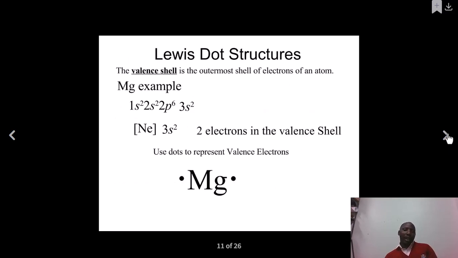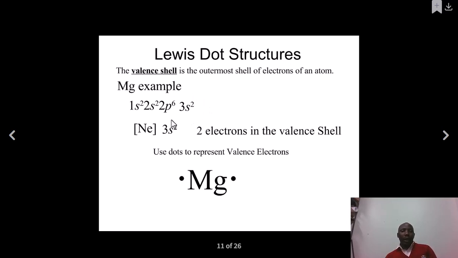About Lewis structure and dot and cross, this means you have valence shell electrons. Like in this case, we have 2, we have 6, we have 2. This means the first shell is made by 2 electrons, which is represented by 1s2. The second is made by 8 electrons, that is 2 plus those 6, whereas the third one is made by 2 electrons.